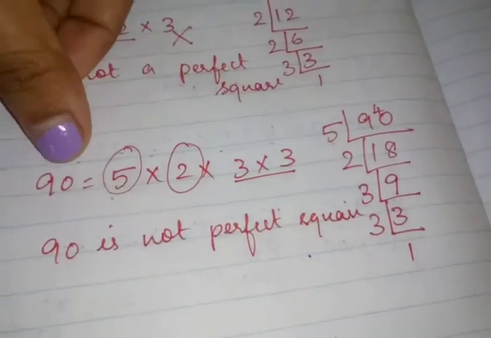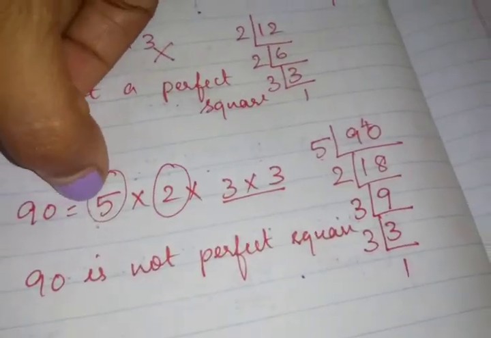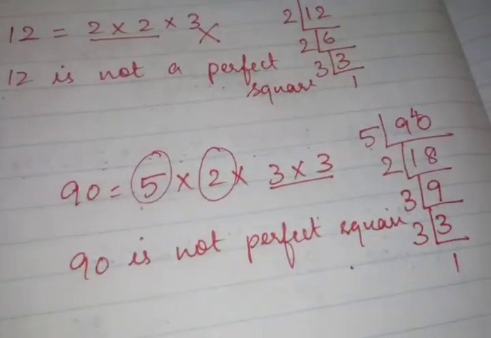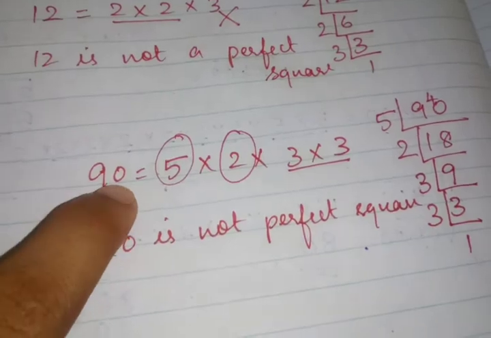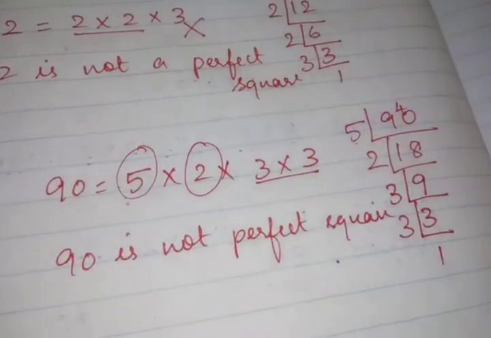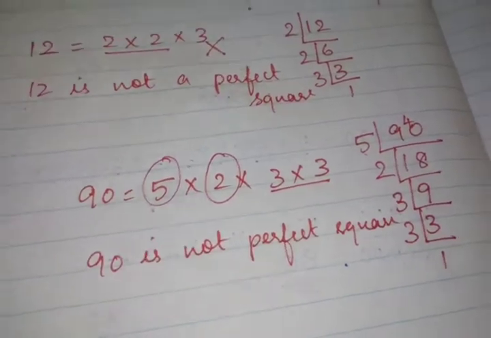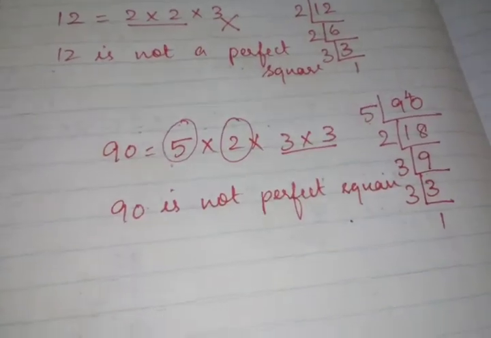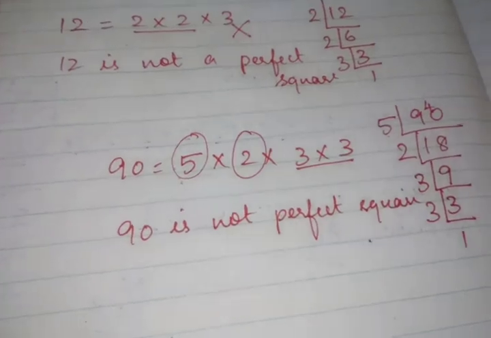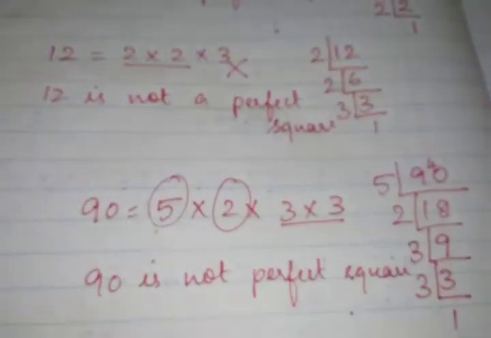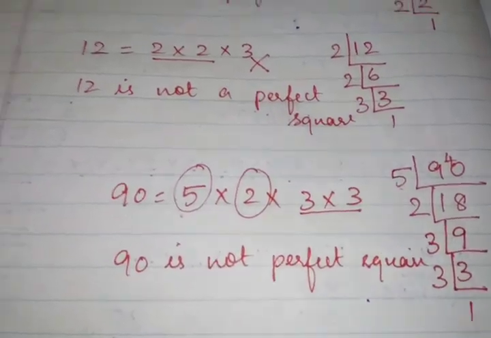Okay, listen, this is how you should find that it is not a perfect square. When we have the last 2 zeros, then we can check whether it is a perfect square or not. But here only 1 zero is there. From that itself we can say that this is not a perfect square, because this is one of the properties you learned when learning the square of numbers. So finally we have proved that 90 is not a perfect square.